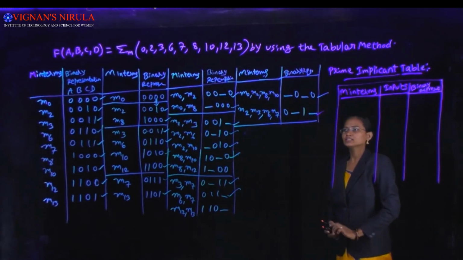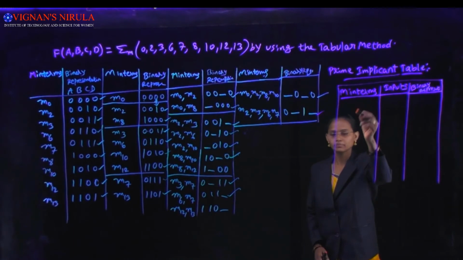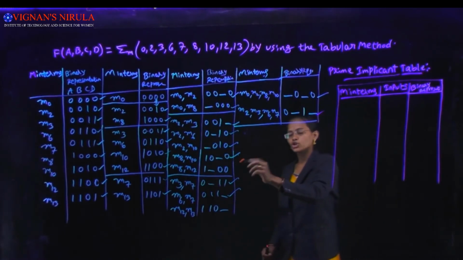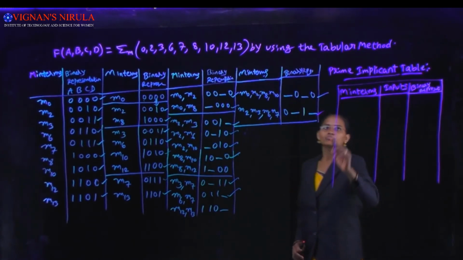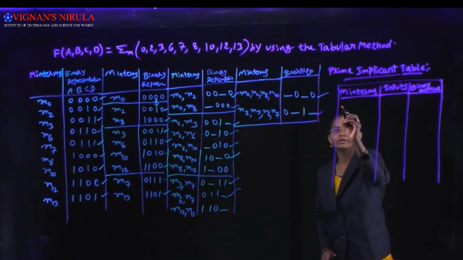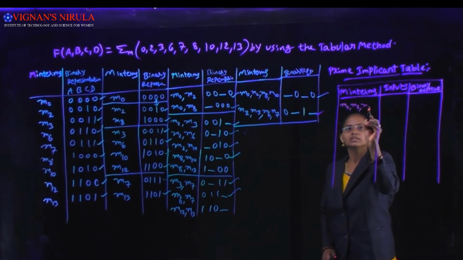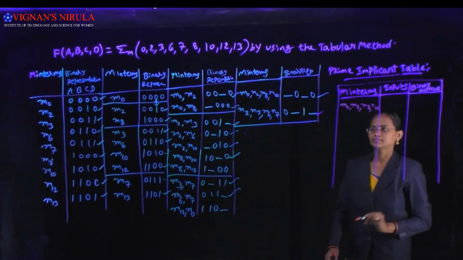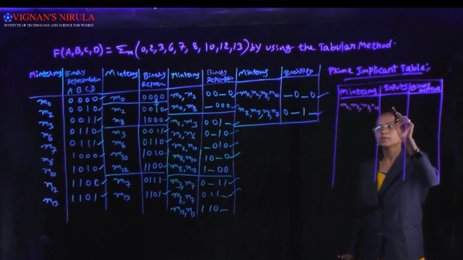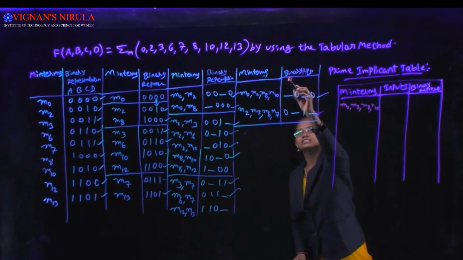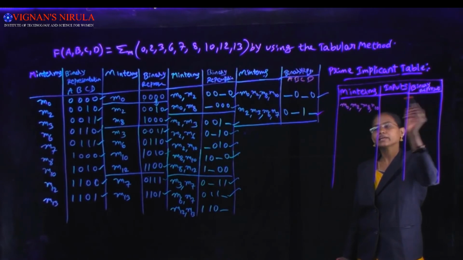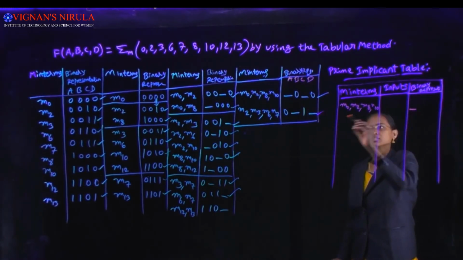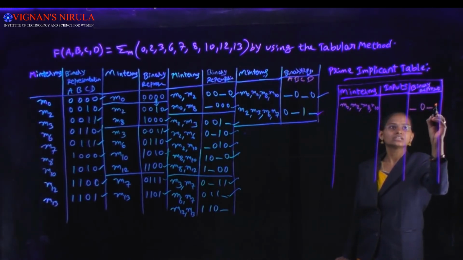What are the compared min terms? We write down those min terms only, and also the min terms that do not compare with any group. Okay, first you write down these min terms, M0, M2, M8 and M10. The inputs are A, B, C, D. The binary representation is dash 0 dash 0.